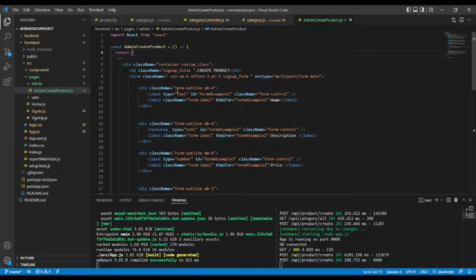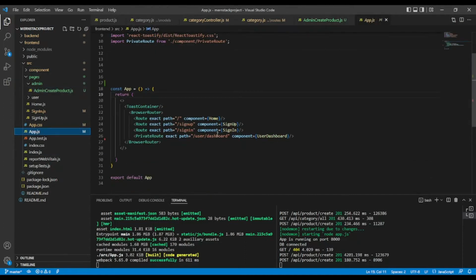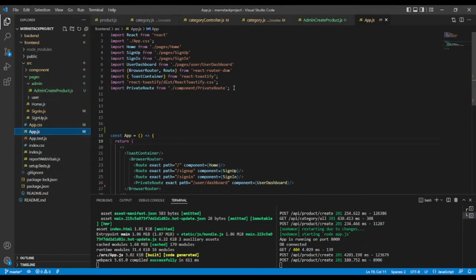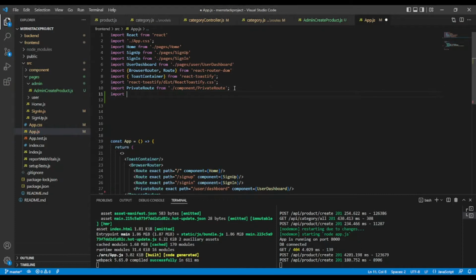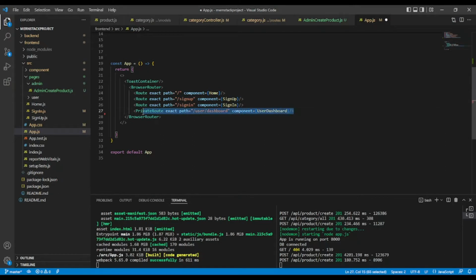And let's create a route to create the product in the front end, and let's go to the app. I'm going to import this component. First of all, import AdminCreateProduct. And now I'm going to duplicate a private route, because this will be a private route. Duplicate this one, and my component will be AdminCreateProduct, and the route will be